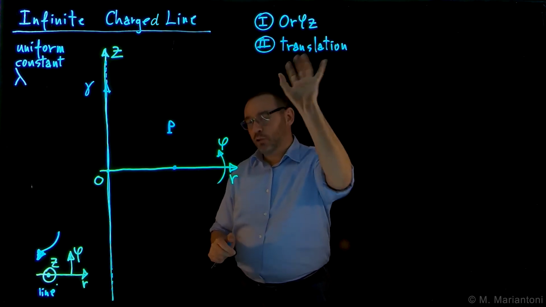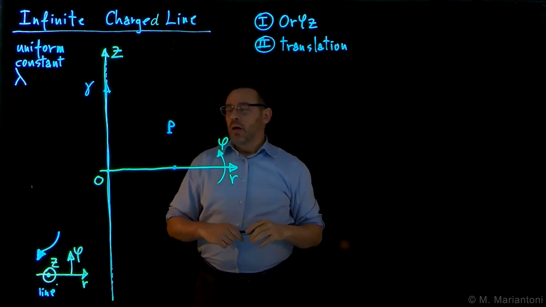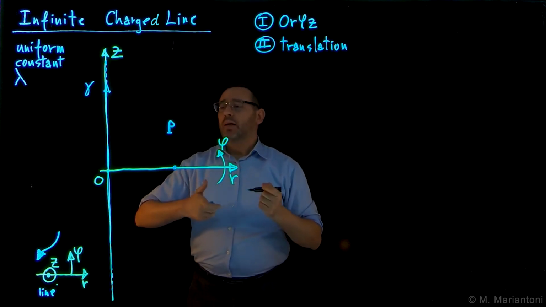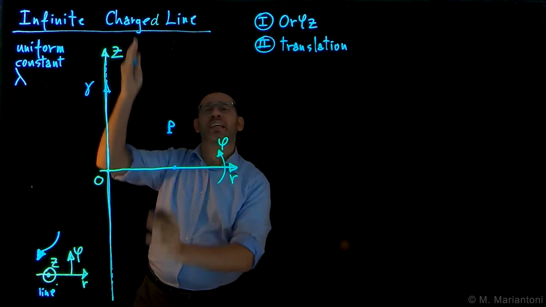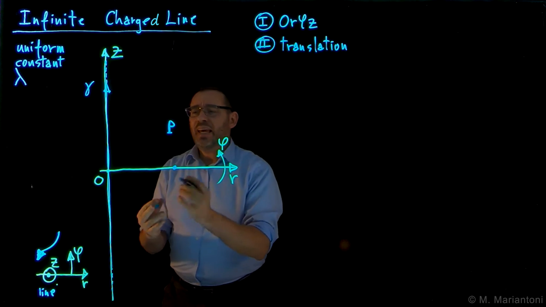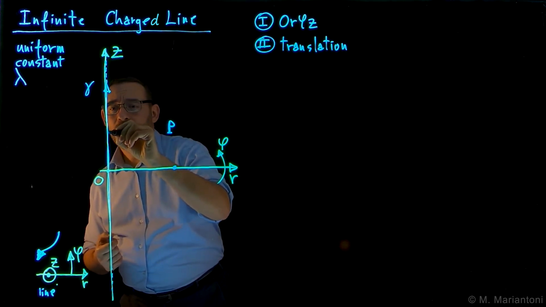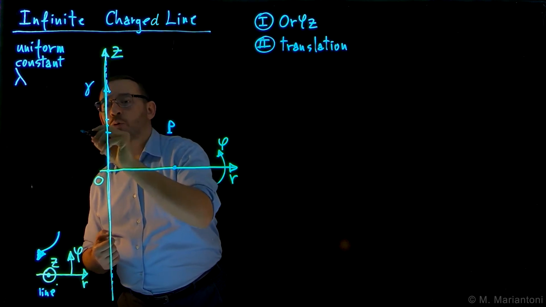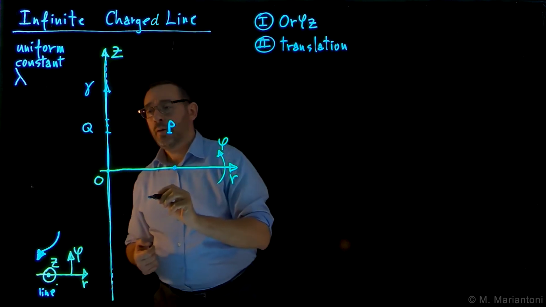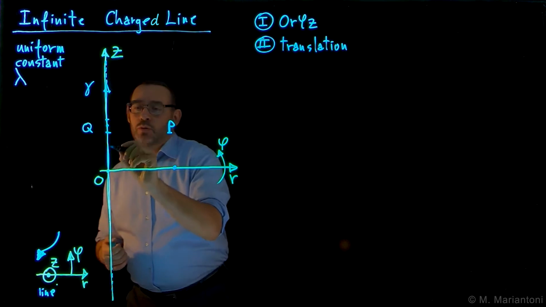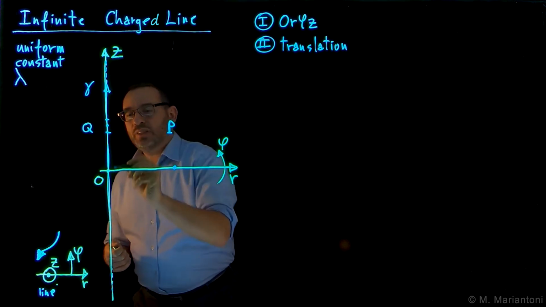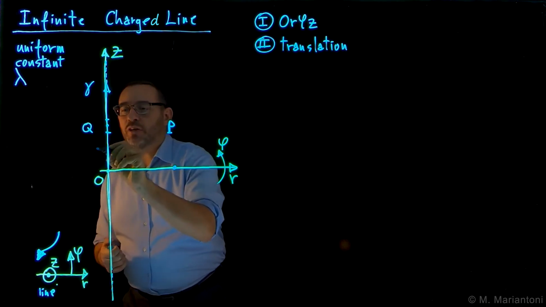We will come back to this, so don't worry too much about this now. Anyway, with respect to this origin O, since it's infinite and there is this symmetry, I can pick, for example, an infinitesimal charge element centered in the neighborhood of a point Q here, okay? And I can pick one which is opposite with respect to the origin O, so if the distance here from O to Q is Z,